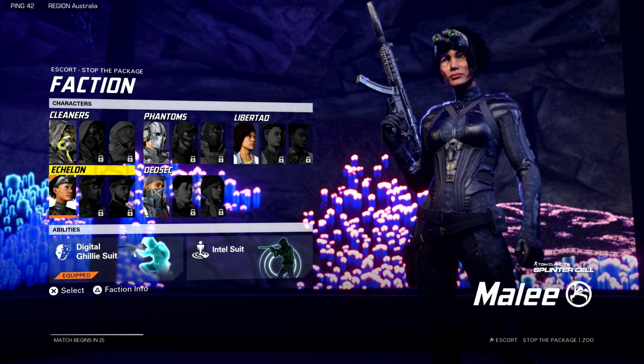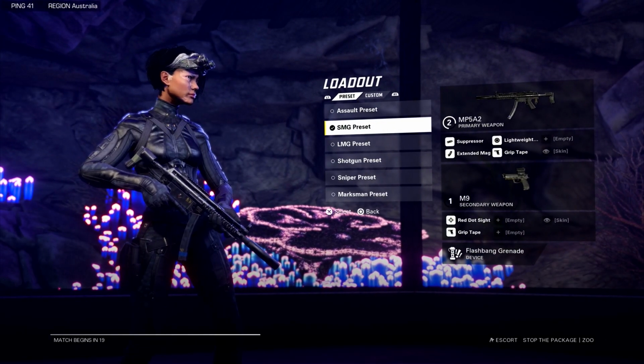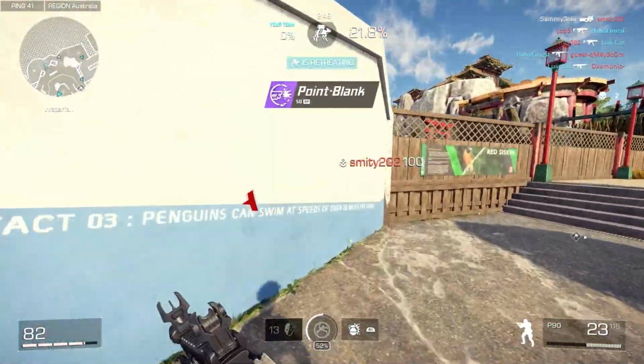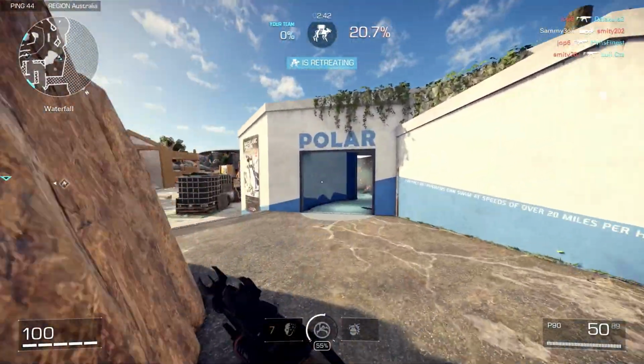Now, the best tip is essentially just to use the Echelon class with the digital ghillie suit, which essentially just makes you go invisible. Use that to be stealthy and get behind enemies, pull off some flanks and stuff like that. And then doing that will allow you to sneak up behind enemies and pretty much get right next to them without them really noticing, which is obviously going to allow you to get those point blank kills